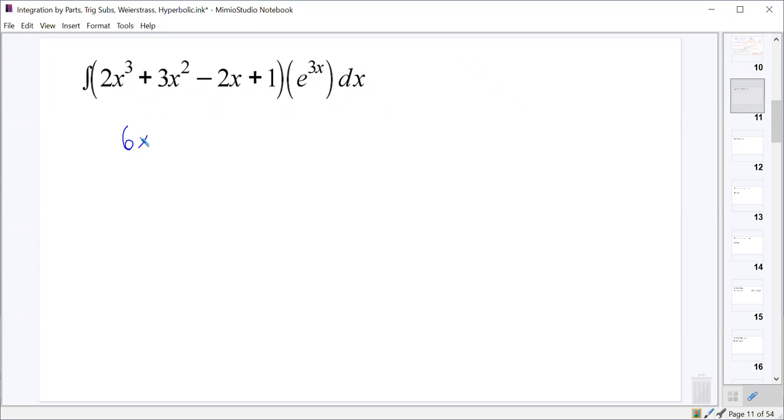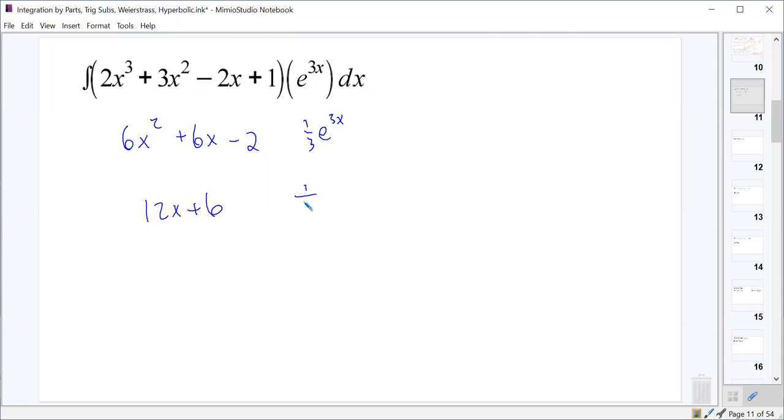Should be 6x squared plus 6x minus 2. And what's the first integral of e to the 3x? 1/3 e to the 3x. And then here, the next derivative should be 12x plus 6, and the next integral should be